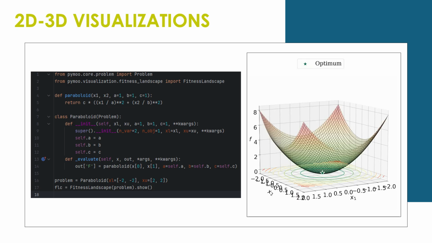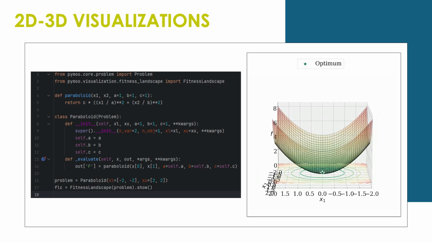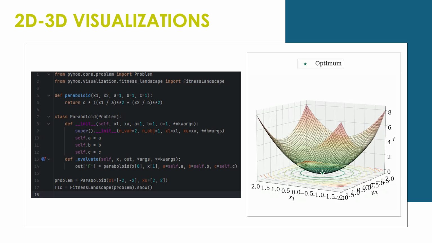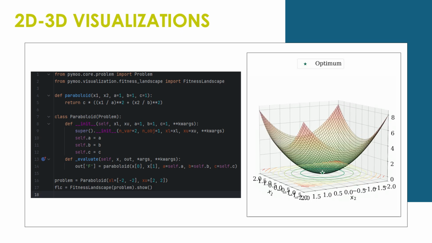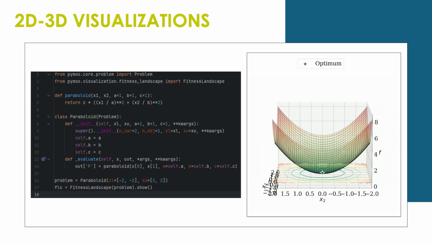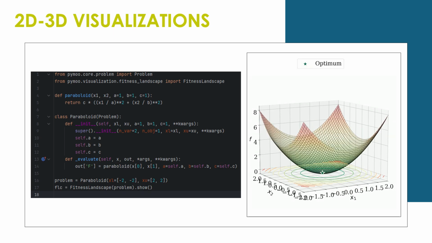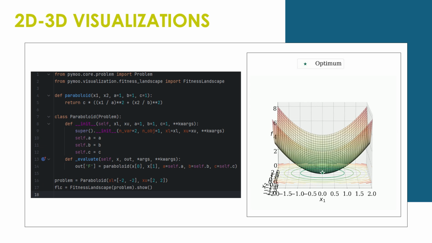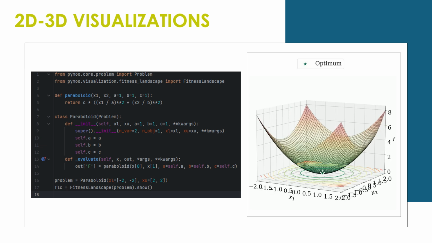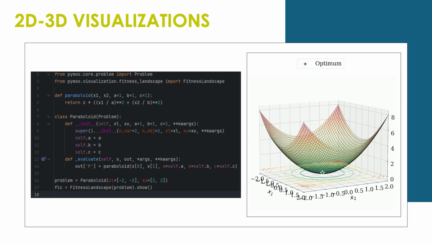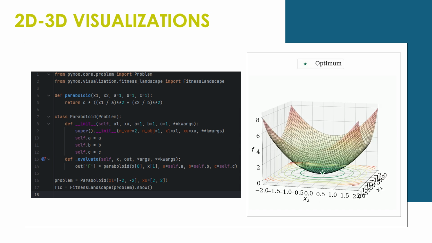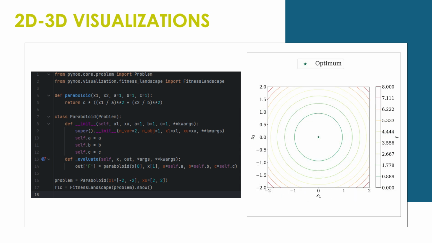For instance, thanks to PyMoo, with a few lines of code, we can easily visualize a custom objective function, which in this case is a simple bivariate paraboloid. The plot shows what is usually referred to as optimization or fitness landscape, representing the values assumed by the objective function with the varying decision variable values. For problems with up to two variables, the fitness landscape can be visualized in a three-dimensional plot as a surface, or in a two-dimensional contour plot where the value of the objective function is identified by the different level curves.